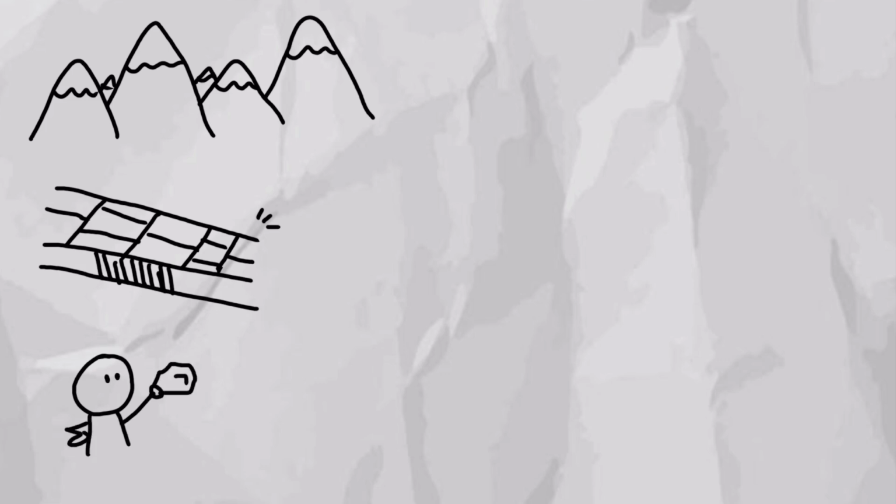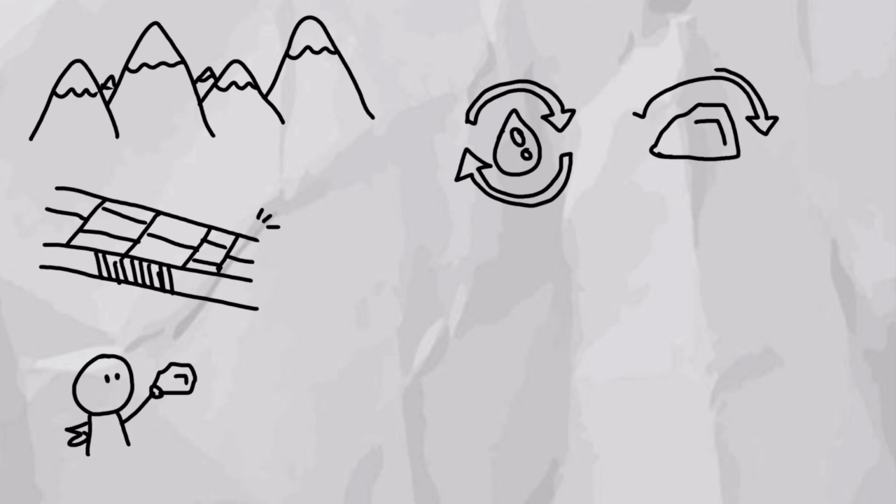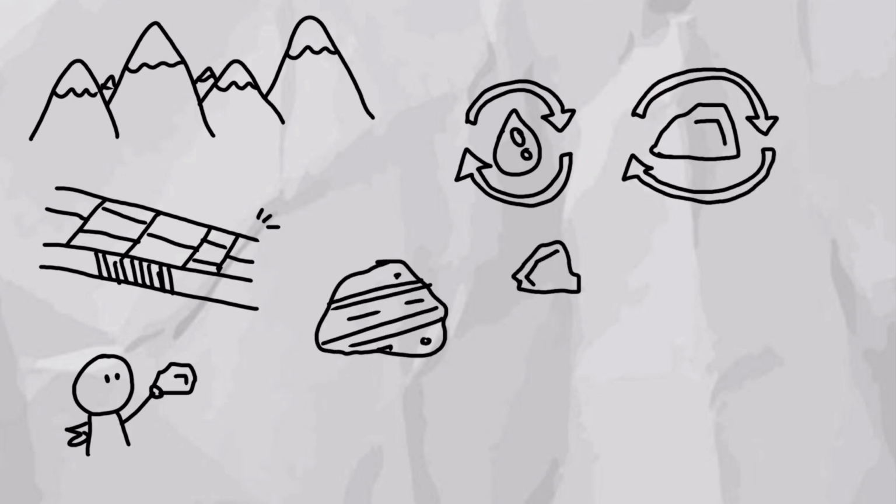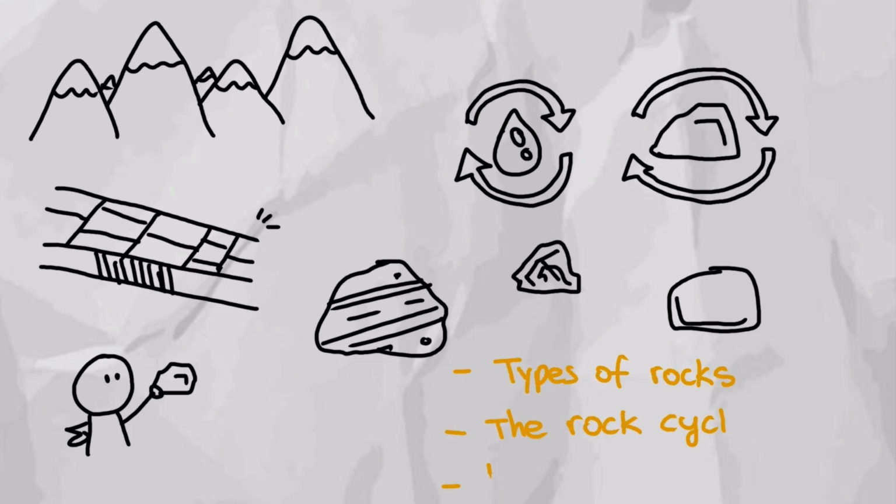From the massive mountain ranges of the Himalayas to the sidewalks in our cities, rocks are all over the place. Though interestingly, just like the water cycle, there exists a rock cycle that determines how rocks change over time as well. Different types of rocks are formed during different stages, which explains why we have so many different rocks out there. So in this video, we will go over the three main types of rocks, the rock cycle, and why